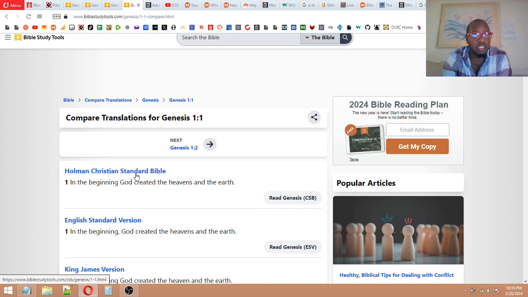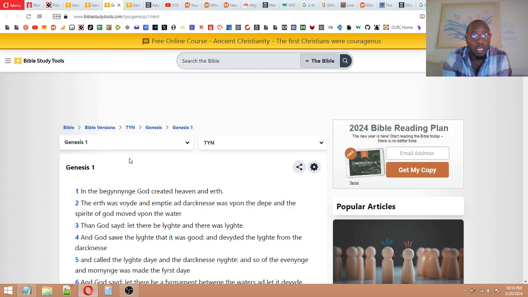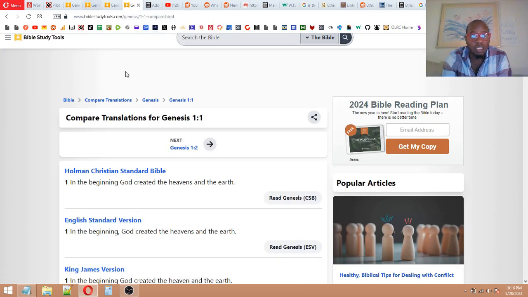The Holman Christian Standard Bible says, in the beginning, God created the heavens and the earth. So this is different than, in the beginning, God created heaven and earth. This says the heavens and the earth.